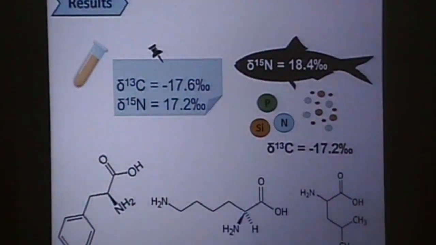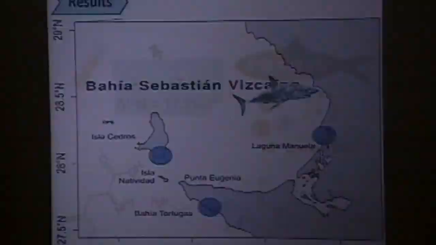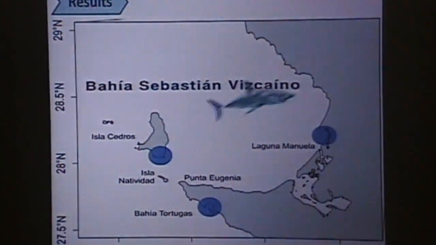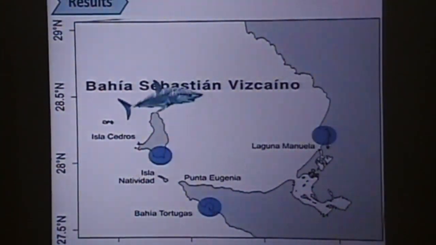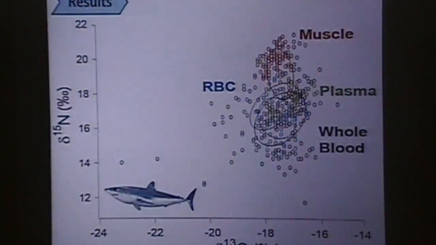Also, the turnover change that we estimate represents 7 days of the diet, which means that if these values are very similar to the isotopic signature of Viscaino, the sharks were still in the bay at least 7 days before we collected them. This is confirmed by the mathematical model that calculates the isotopic niche and the overlap. You can see they are using the same resource throughout different tissues, long term and